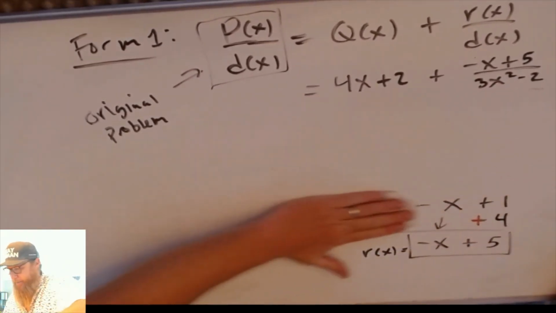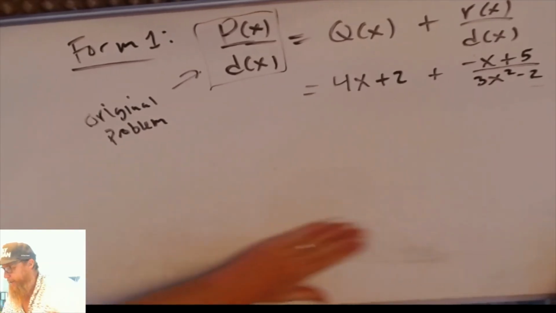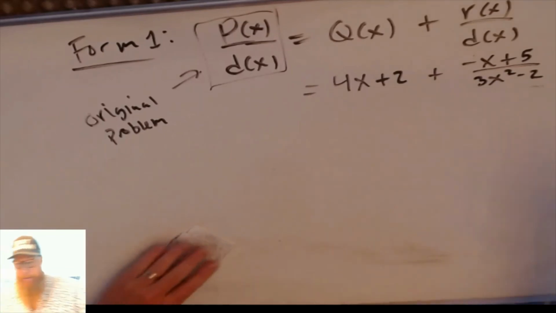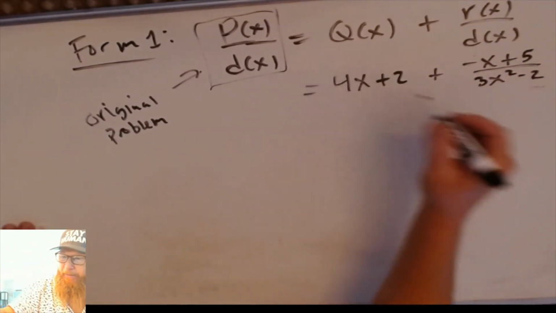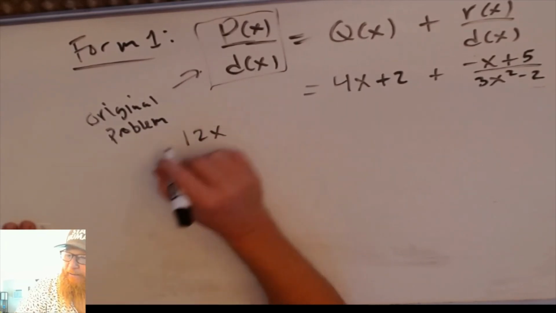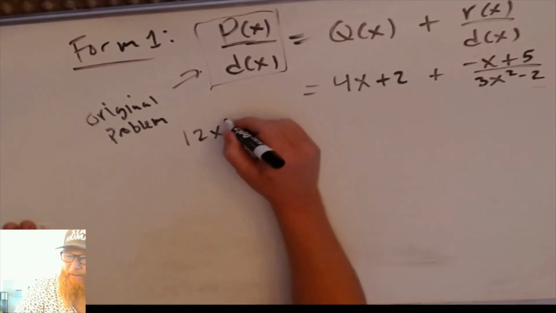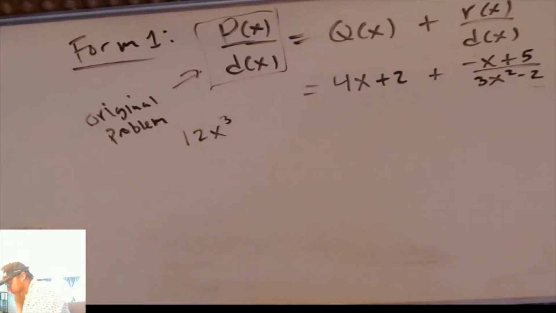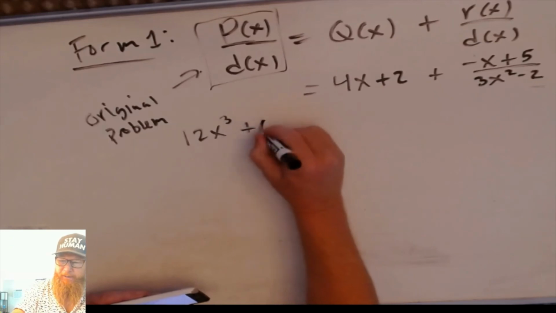And again, the p of x was just the original problem. What was that? 12x cubed. Let me look it up real quick. I have it here. 12x cubed plus 6x squared